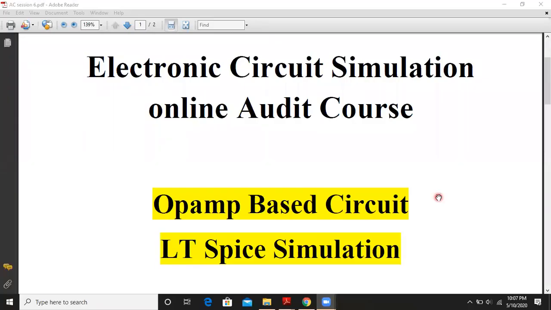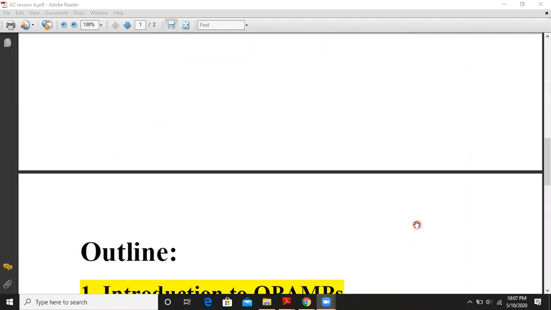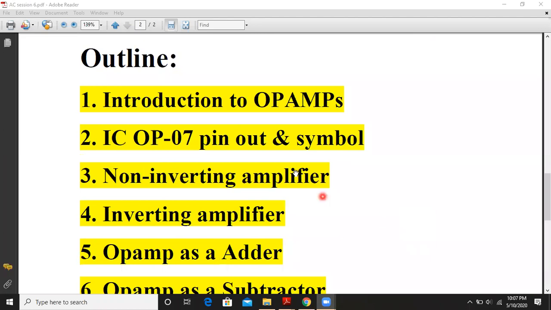Okay, welcome all. So today we are again going to see another electronic circuit simulation online audit course. We'll continue on the last lecture topic, that is Opamp based circuits in LTSpice simulation. In the last lecture we have already covered the introduction to Opamps. Then we have seen the IC OP-07 pinout and symbol. Then we have seen how the Opamp works as a non-inverting amplifier and then as an inverting amplifier in